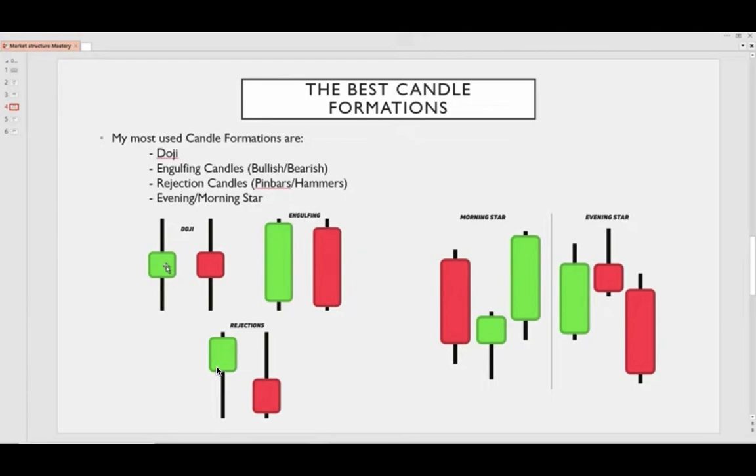So this is the rejection candle I explained. These two candlesticks are different. Although they are called rejection, they have their own names, which I will be explaining in the candlestick video. So I don't want to mix things up here. So this is a morning star. Let's say you are trading support and resistance and you see something like this big engulfing candlestick open and start going down. Then when it reaches your support or your demand or that trend line,